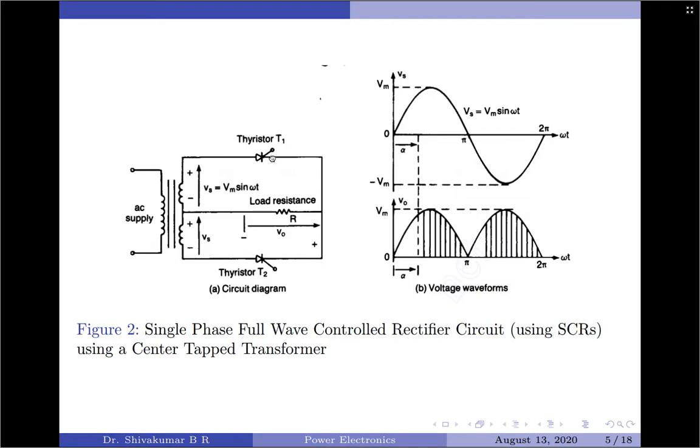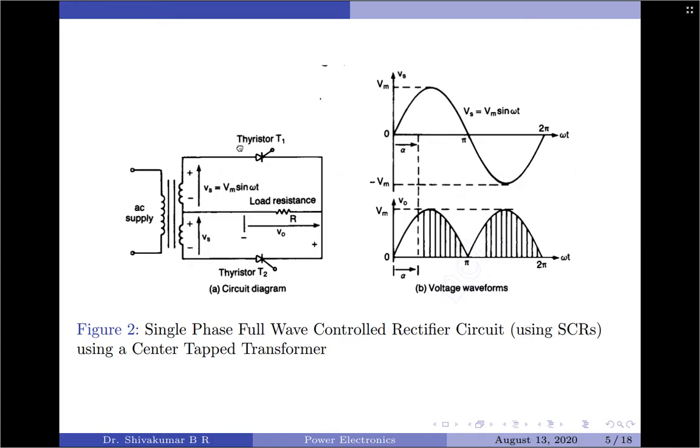Now, the control comes in the form that the user is allowed to give the gate to cathode terminal within the time frame of 0 to pi in each half cycle respectively. Whenever you give the gate voltage, the thyristor will be triggered and start conducting from that instant. Here we have assumed that the gate pulse, which is not shown here, is provided at a value of alpha from 0. So the thyristor T1 will start conducting from alpha, and whenever the thyristor conducts, it becomes a